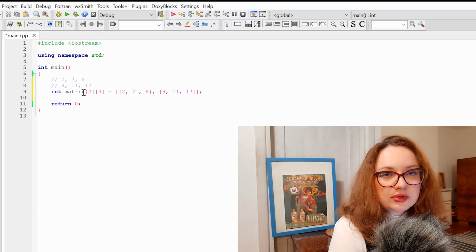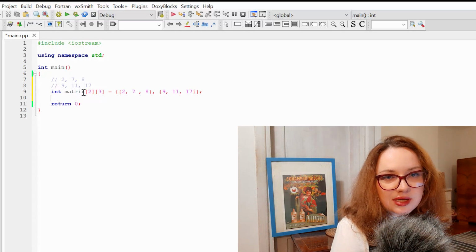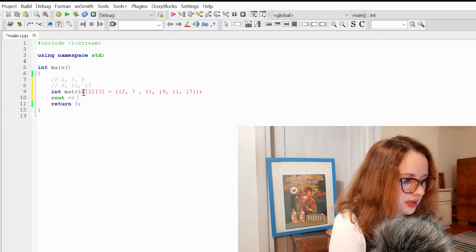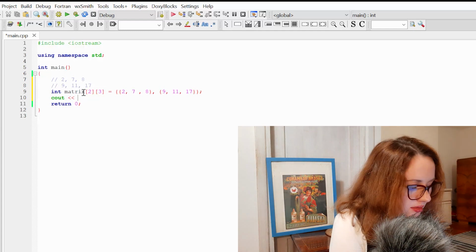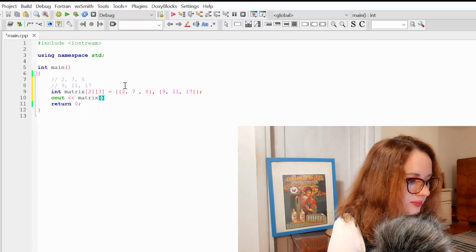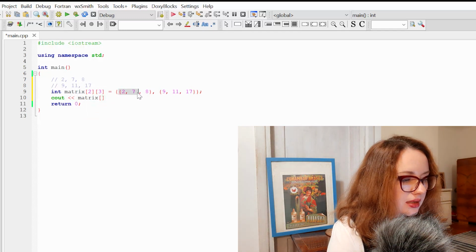Okay, now if we want to reach any member of my multidimensional array, once again let's try to write something to our console, and let's say I want to reach a member in the first subarray, this member number 7.